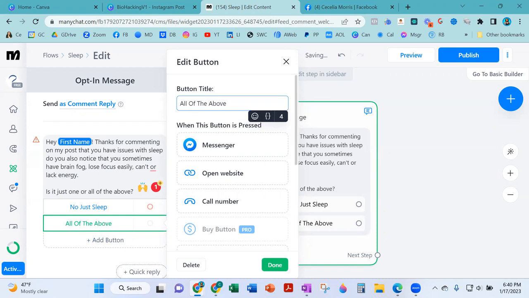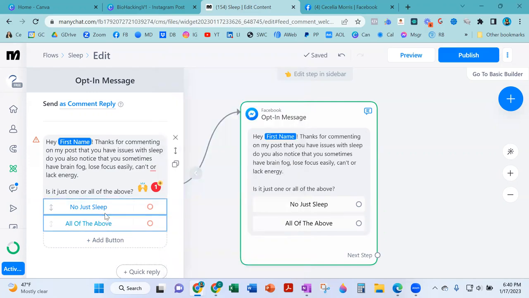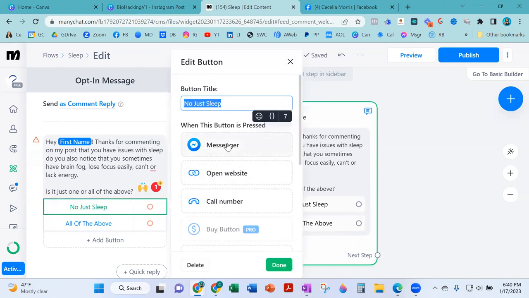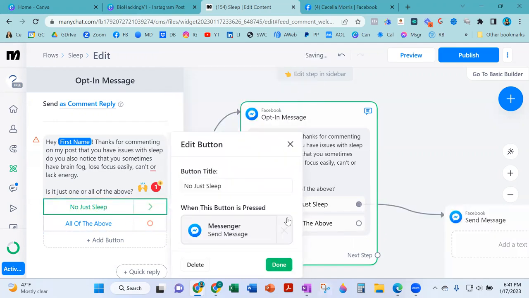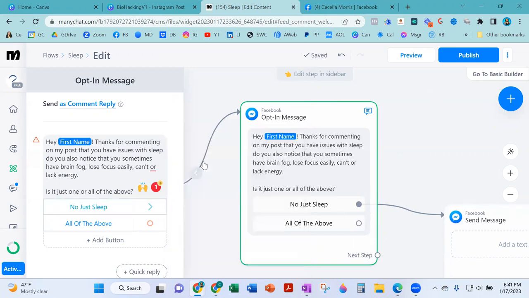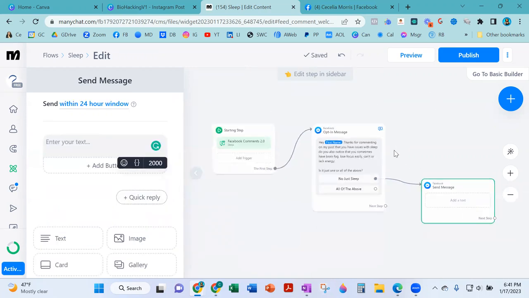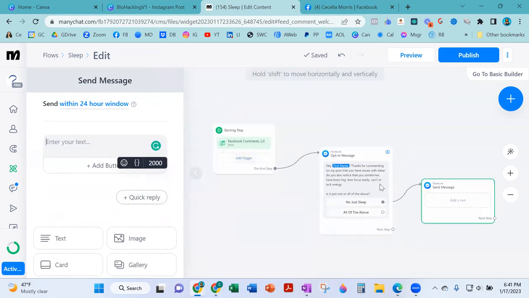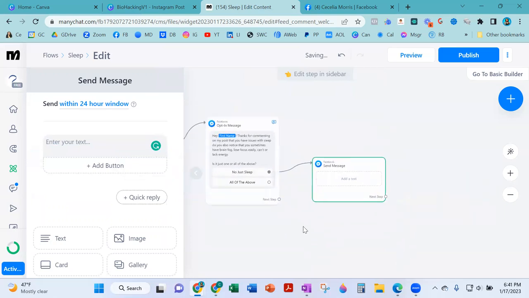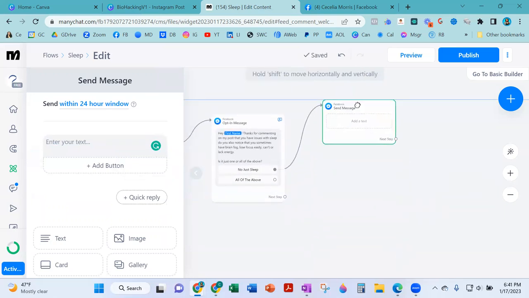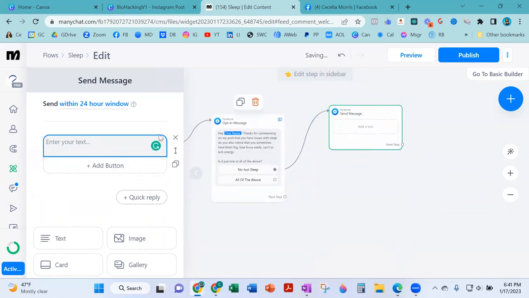All right, and so the next one they'll come to, so I got to do another block. So when they click on either one of these buttons, I really don't care which one because they're both going to get the same answer. But when they click on this button, I'm going to say open messenger. So this will be the next block in the chat. So now I'm going to click on this block. Let me make this smaller, scoot the whole thing over, and slide this up only because my OCD wants me to. And so now I'm going to say,